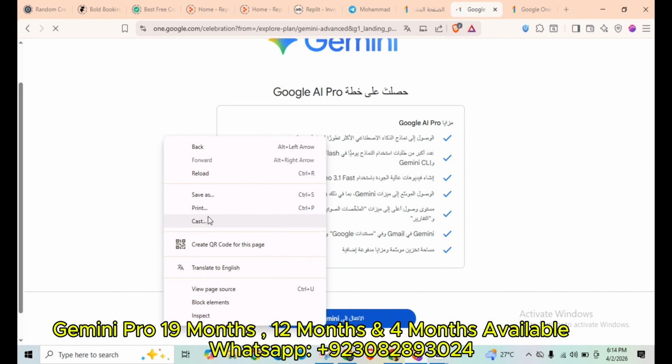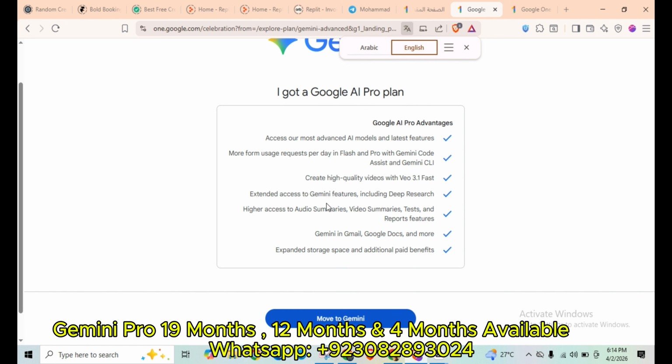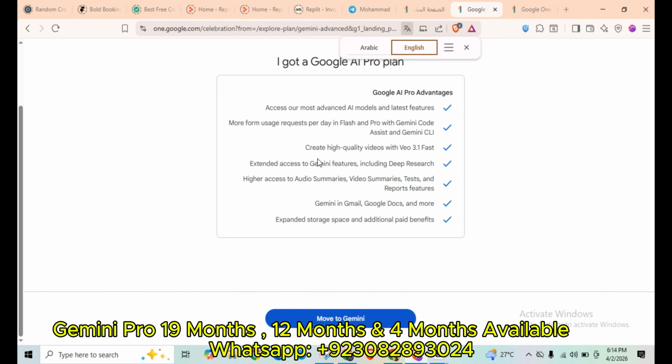Now we have got the features, 2 terabyte storage and many more features